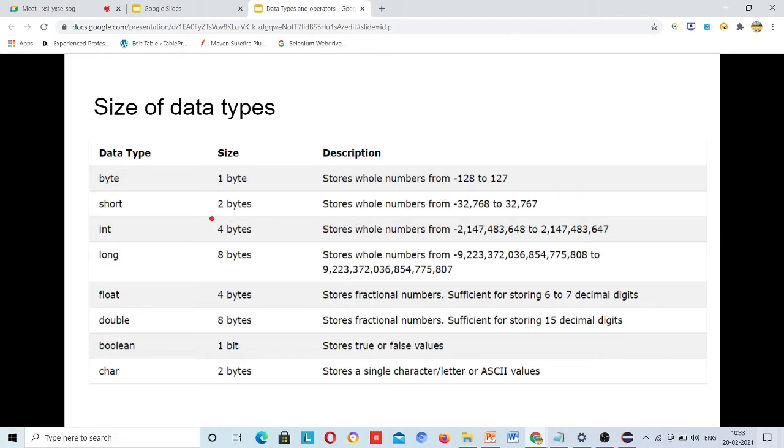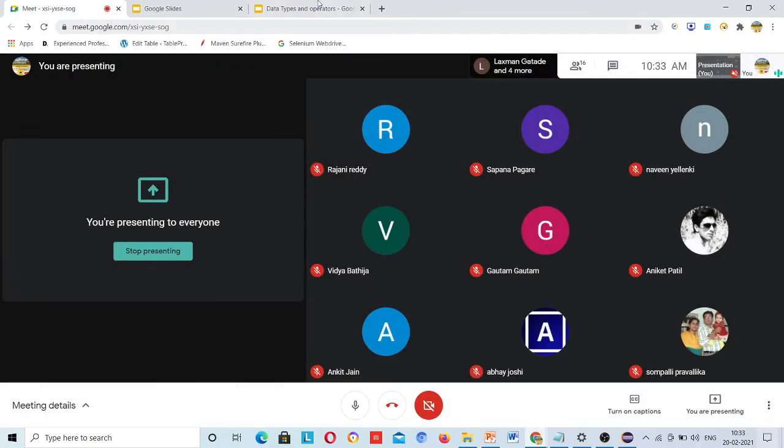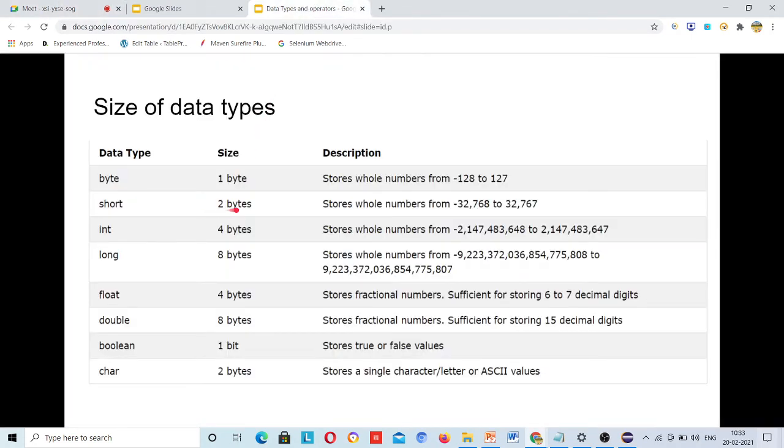Short is of what type? Short is of 2 bytes, right? And it stores numbers in the range from minus 32,768 to this level. Integer is of 4 bytes. Now, college pass-out students consider integer as 2 bytes, because they regularly answered that in C programs.